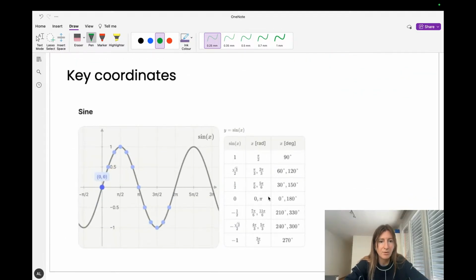All right, important to know the key coordinates. Like I was saying at the beginning, knowing that a sine graph goes through 0, knowing that a cos graph goes through 1, and these points, so 0, 0, knowing that at 180, this is 180 here, excuse all the pi, this is 270, and that's 360. Knowing all of these key intercept points is really helpful. Knowing that at 90 degrees, it's 1. So being able to sketch a little